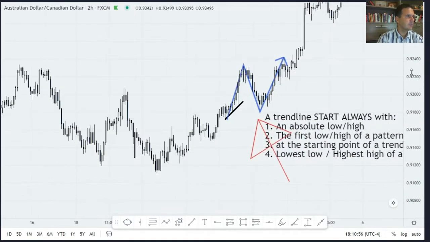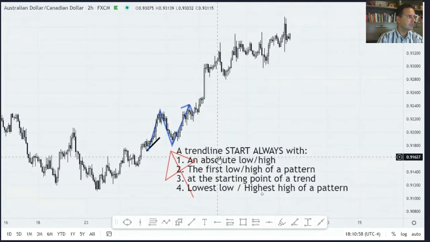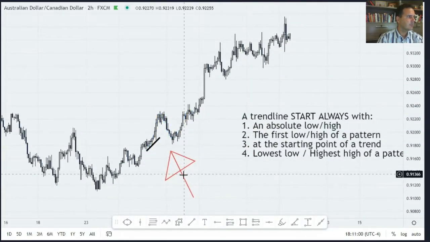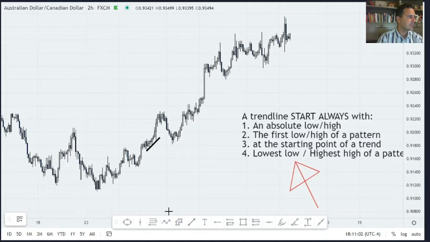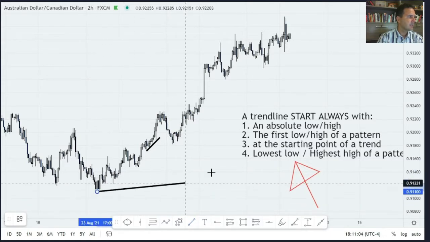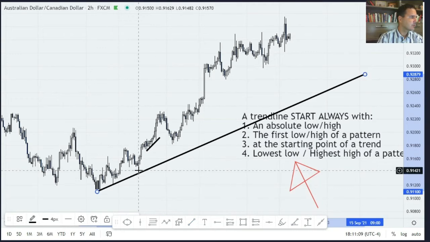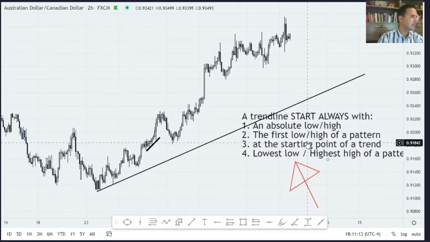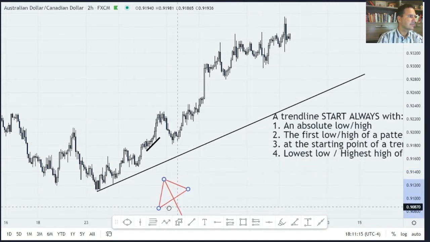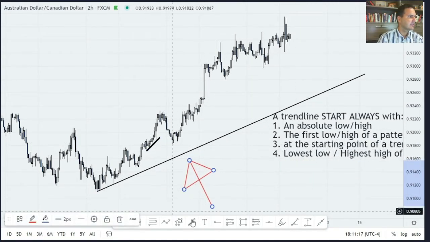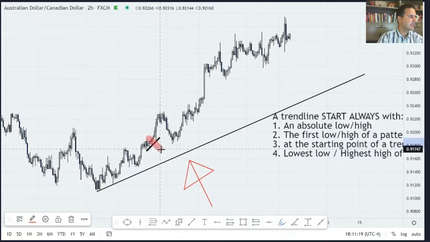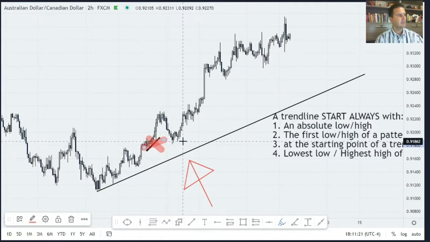Congratulations to you. So what we are going to do is zoom in, click, and extend slowly. We don't want to break any bodies and wicks of candles. What about this trend line? Is this trend line correct? X on this one, not correct. What about the long uptrend line? What do you think?